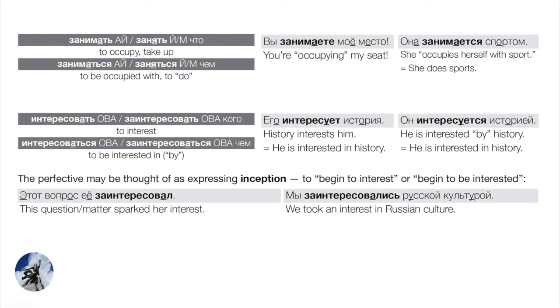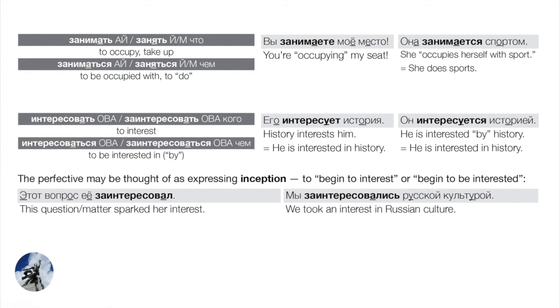There's our instrumental. And that's something like the English, she does sports. She's into sports. So as you might guess, this verb заниматься plus an instrumental is a really useful, really common expression. For example, it can be used to ask the question, чем занимаешься? It's a very general question, like what do you do with your time? What are you into? It can mean almost anything. We can ask about almost any interest you might have or any activity you do.